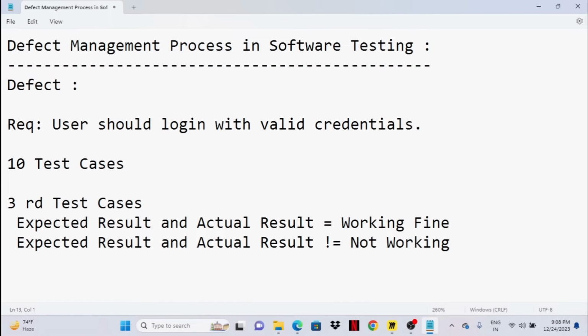How to test that scenario, and in that time they also write the expected result. So this requirement is working like this, right? So that is nothing but the expected result. After a developer releases all the features into the QA environment, only then are testers able to see